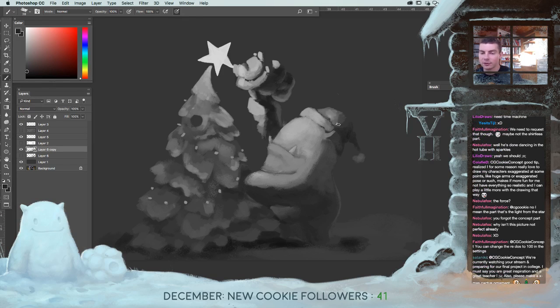And when you're working in grayscale, you have to also keep in mind the hue identity of whatever it is you're working on. So like the Santa hat will be darker on the red part